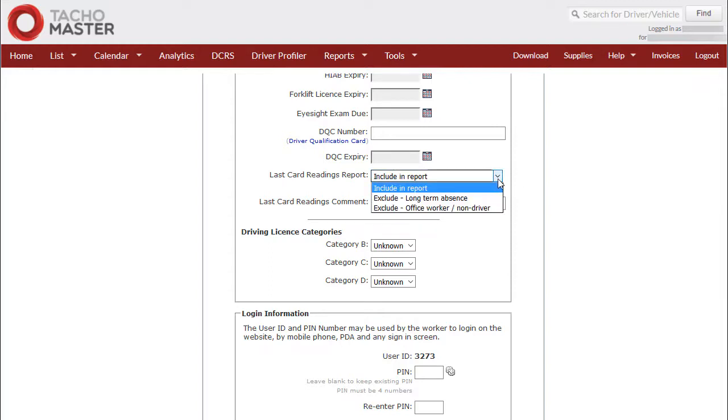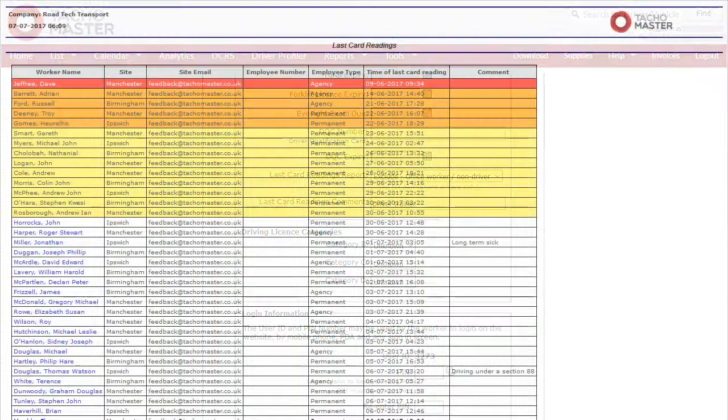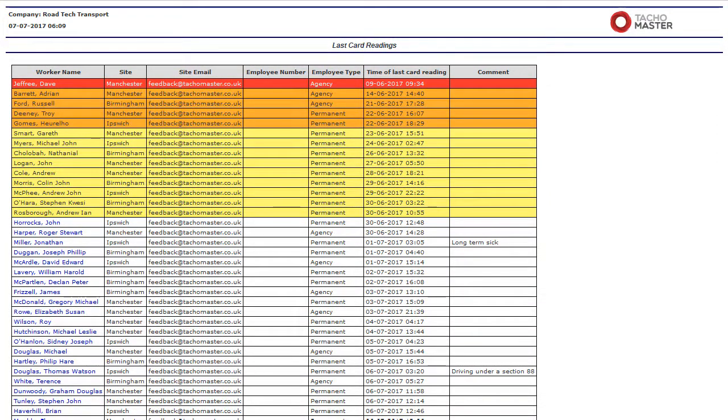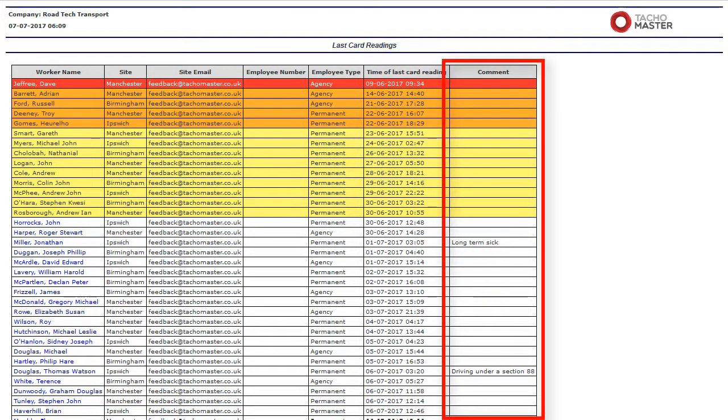For Exclude Office Worker Non-Driver, only use this for very occasional drivers who drive very irregularly and would not be classed as mobile workers. The columns of the report show the worker name, the site the worker is based at, the site email address as registered in the site details, the employee number, the employee type, permanent, agency or casual, the time the driver card was last read, the comment, added in the driver record, which can be related to